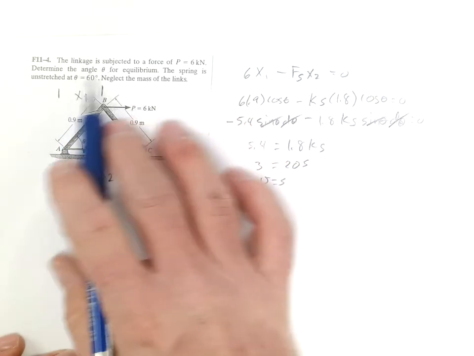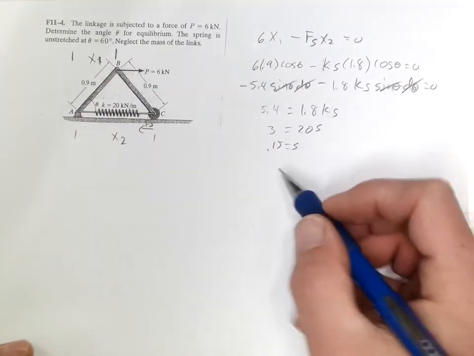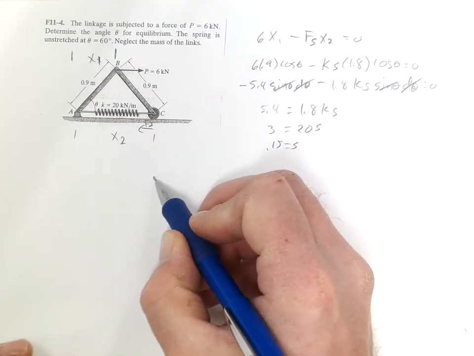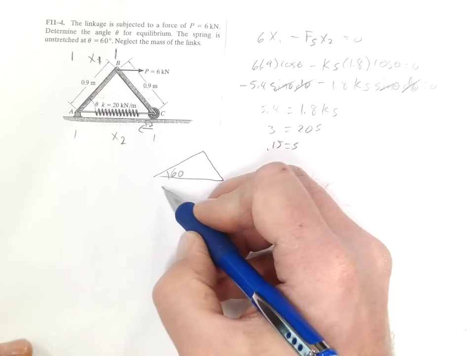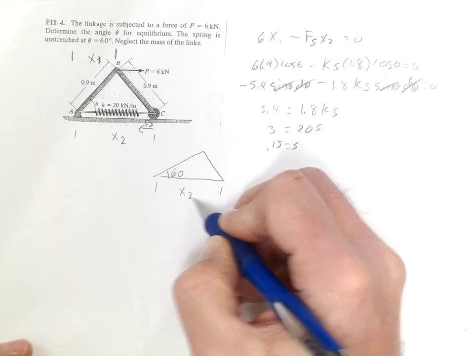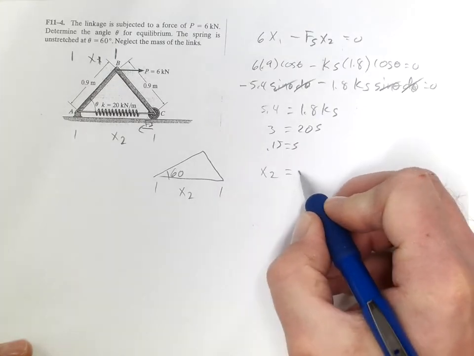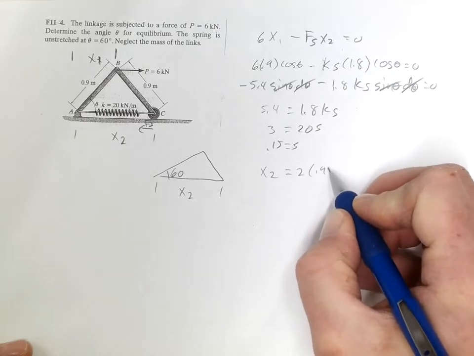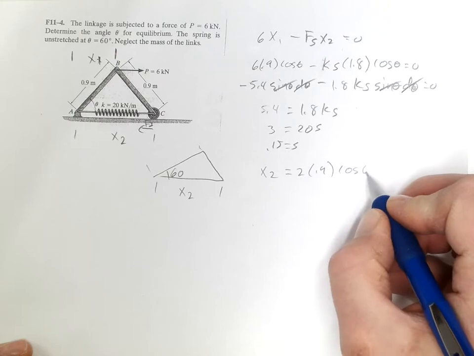Now the spring is unstretched at theta equals 60. So let's draw a little picture of that. So if theta equals 60, what is this distance that is x2? So that's going to be x2 is equal to 2 times 0.9, that length there, 0.9, cosine 60, and that